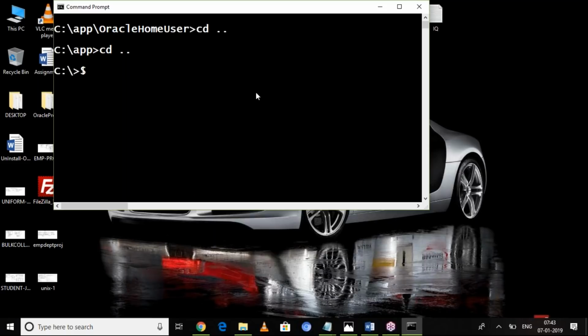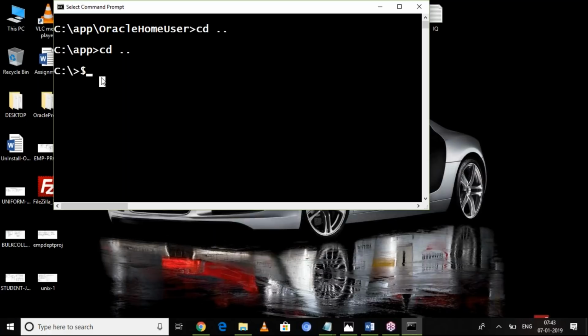Want to create a file? Type a command. Right now you are working with which environment? Linux. It's a CUI. Want to create a file? Use a command. Want to delete a file? Use a command. Want to search a file? Use a command. Want to create a zip file? Use a command.